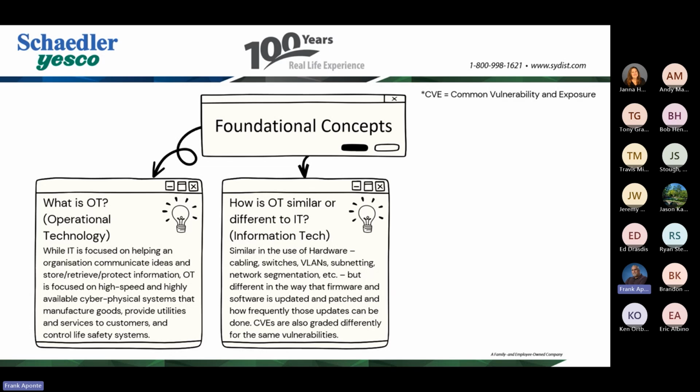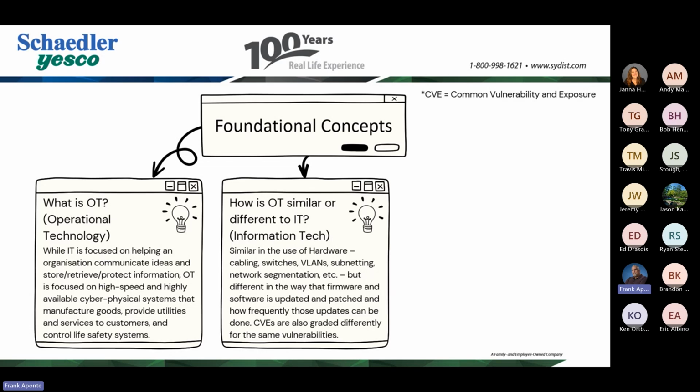Rockwell does a nice bit of guidance with their PCDC, their product download and compatibility website, where you can put in different versions of hardware, different models of hardware, and see which versions of firmware work with others or not, or which OSs and things like that. So we have tools that do your first step, but again, it's not a matter of just blindly downloading updates to those production systems.